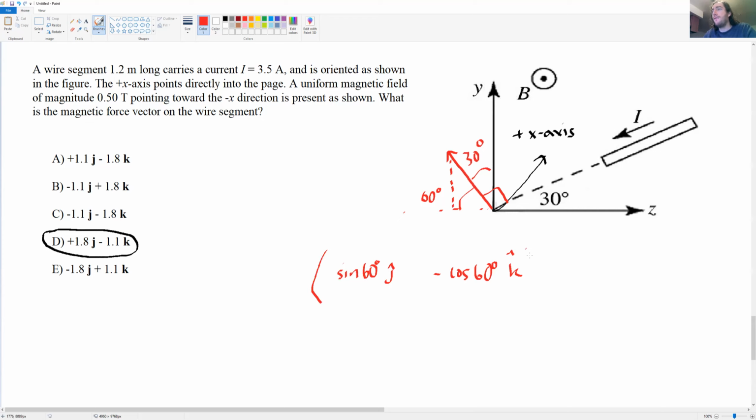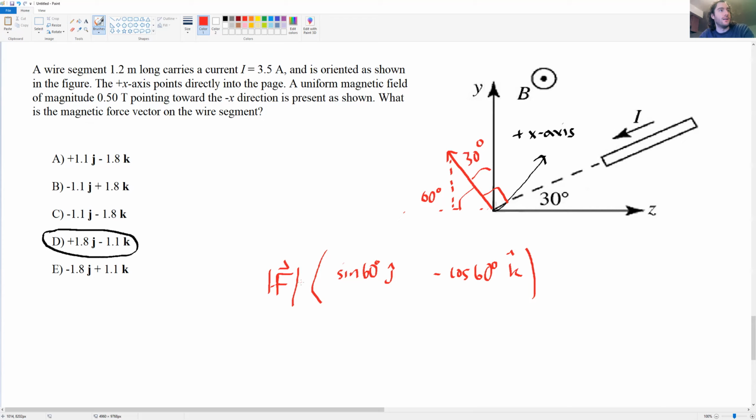When you have the direction like this, then you would multiply this by the magnitude of the force. So you can multiply this vector here by the magnitude, and then you will get the exact components that are shown